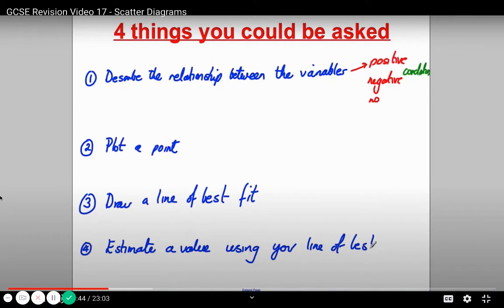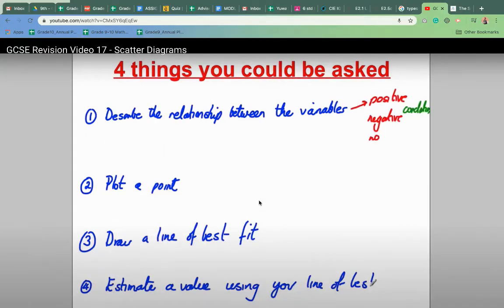So, what are these four things we are talking about? Through a scatter plot, we can explore different things. One is the relationship of how x and y are dependent on each other. Like if x increases, does y increase, or if x increases, does y decrease? Or maybe there is no relationship at all between x and y. Plotting a point is basically us trying to understand whether for a given x we can plot a y, or for a given y we can plot an x on the scatter plot.